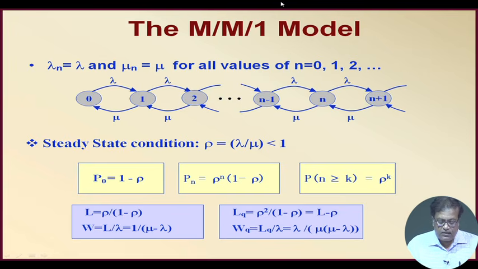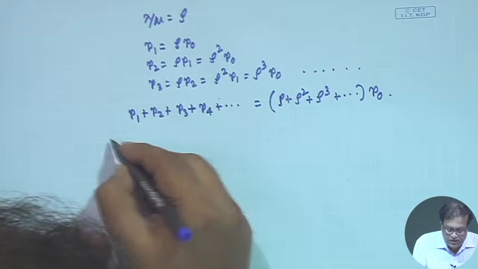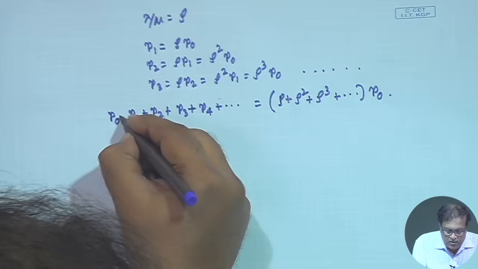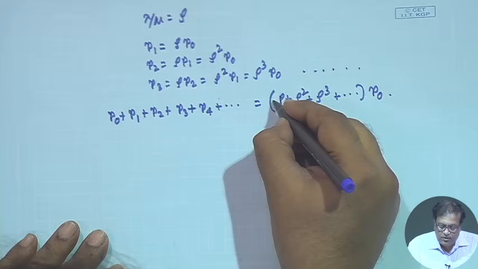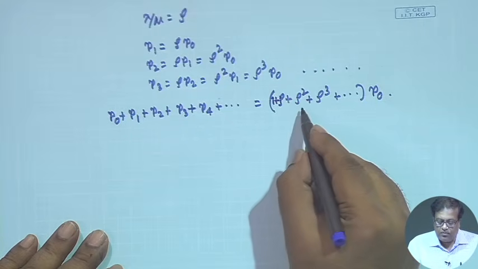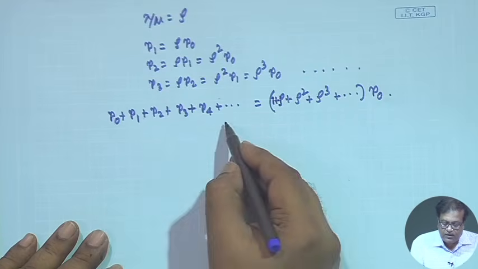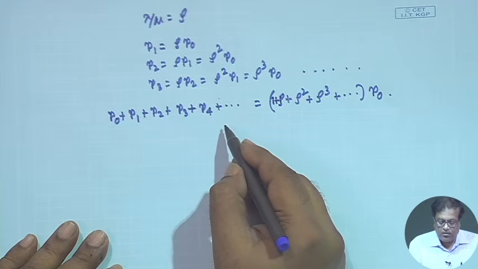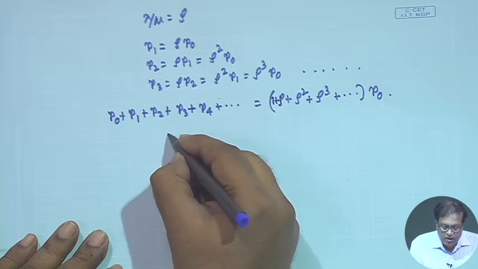This one is, if you really compute, then you can add P0 to both sides. Moment you add P0, it will be plus P0, which basically means 1 will go inside. So, it will be 1 plus rho square plus rho cube plus etc. Now, all of these terms, what is it? It is nothing but 1, is it not? So, all of these add to 1, right. So, this side is 1